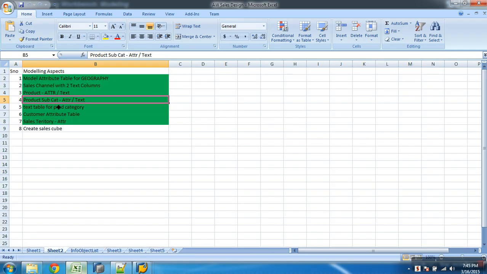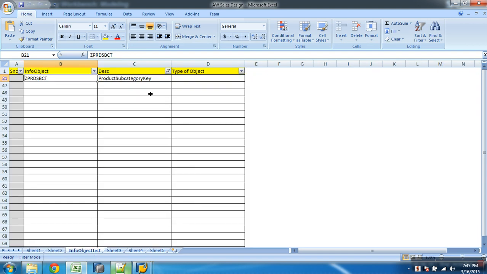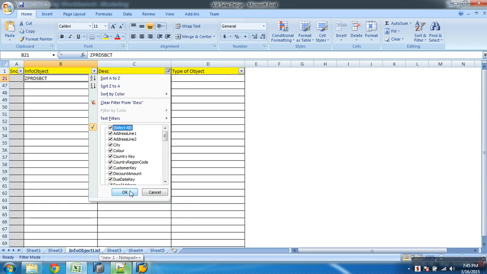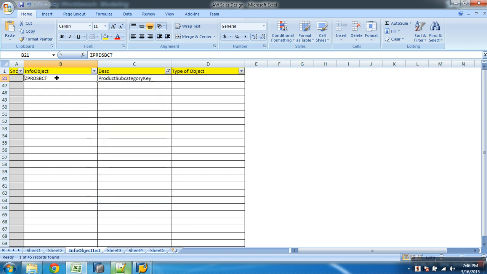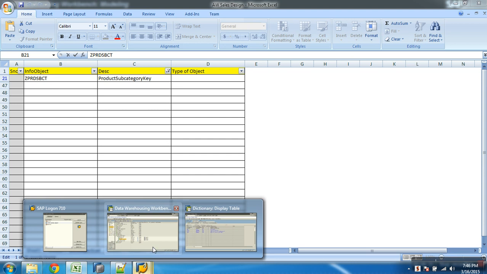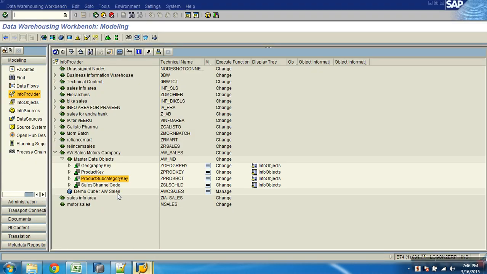What is the next table? Text table for product category. Product, I think it's subcategory, right? Did you load something in subcategory?